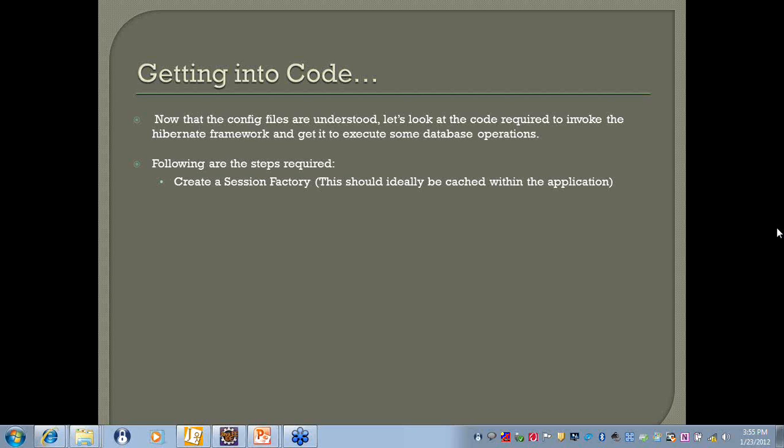How are foreign keys defined? I have not kept that as part of the scope of this session, unfortunately, where we talk about master and child relationships. But whenever we come to that, foreign keys are basically defined as one-to-many and many-to-one relationships in the mapping files themselves. So you can specify that this particular property is linked to the primary key of so-and-so table. There are provisions within the mapping file to specify foreign key relationships.